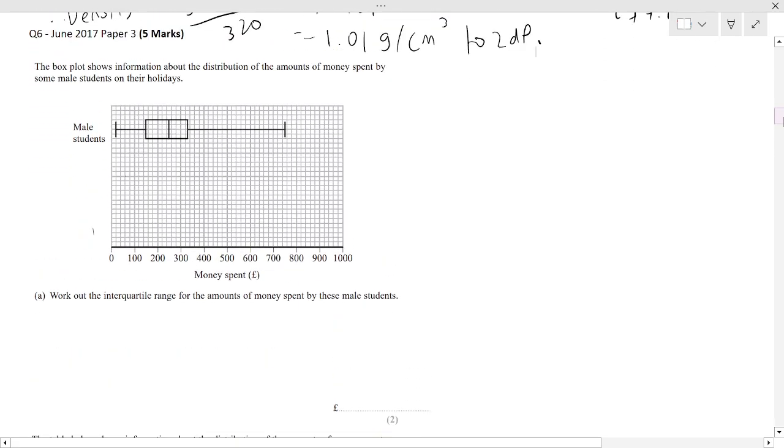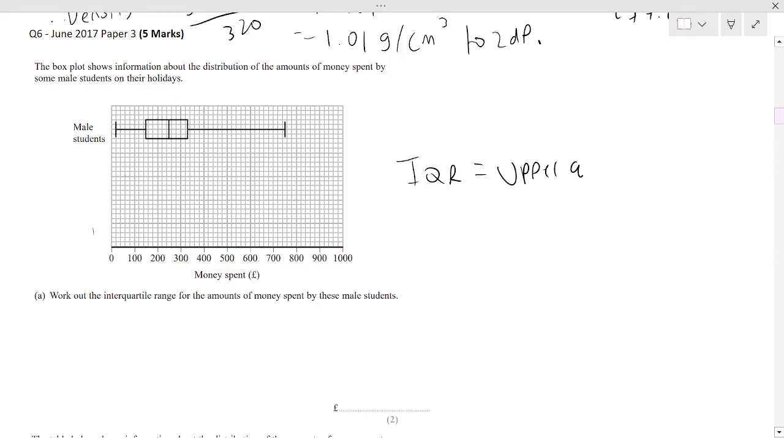Okay, so we're on a box plot now. So it says the box plot shows information about money spent by male students on holiday. Okay, it doesn't really matter what's going on there. We just need to read what they're asking us to do. So it says for part A, work out the interquartile range of this. Okay, so the interquartile range, or the IQR, you should know it's going to be the